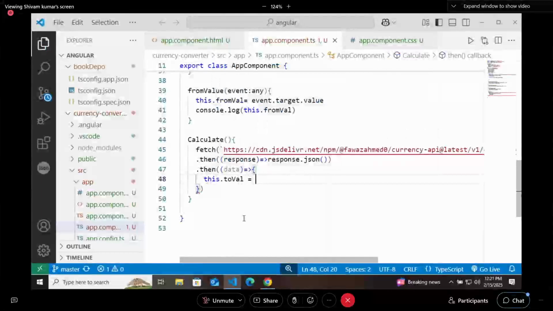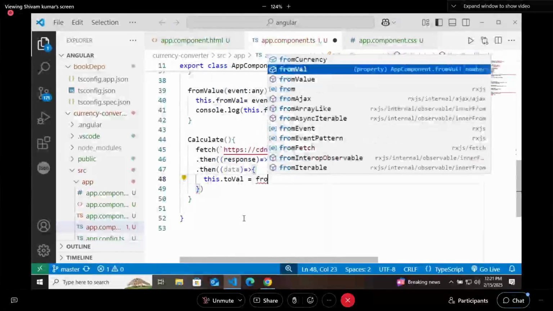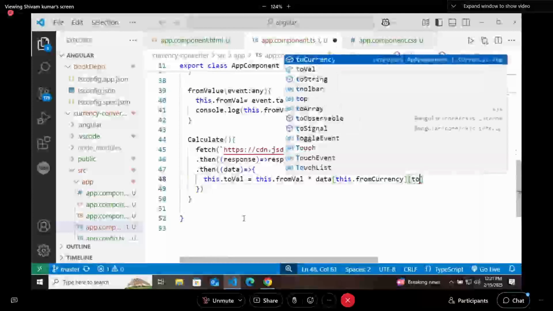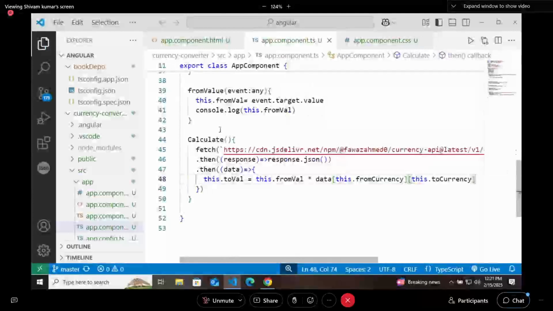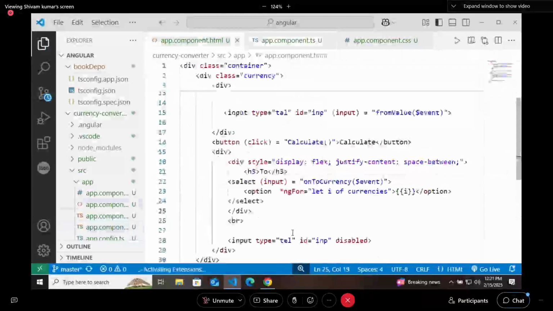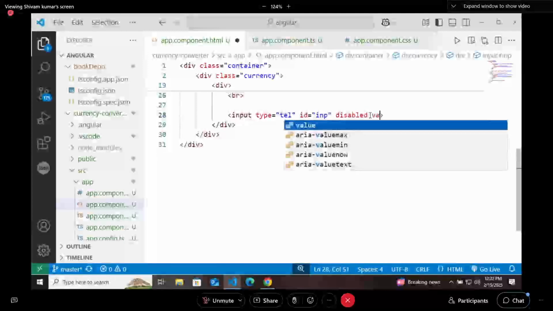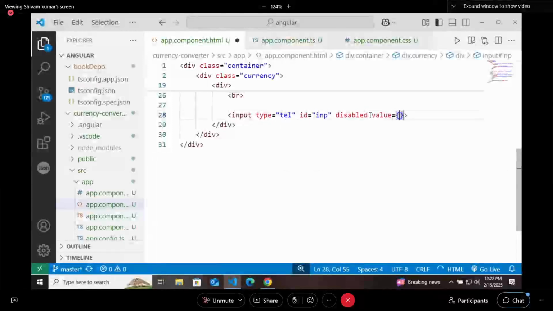Whatever value is in the input box, multiplied by data with the indexing of fromCurrency and with the indexing of toCurrency. That's it. Then in the result box, its value is equal to string interpolation toWel.